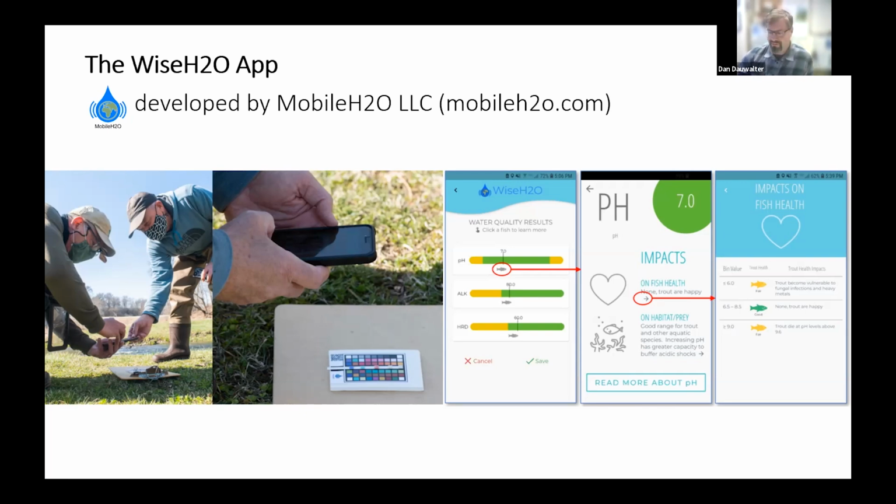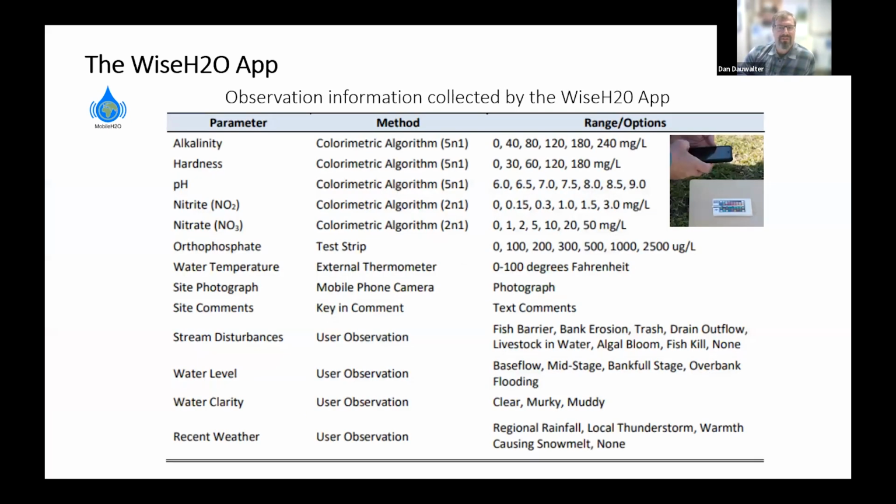And, as I mentioned, there's some background water quality analytes, alkalinity, hardness, pH that can reflect, for example, the underlying geology of a watershed or a stream, as well as nitrate, nitrite concentration, some nutrients. The app uses test strip technology to measure those water quality parameters. There's a phosphorus element to it, which is another test strip based test that you do external to the app,